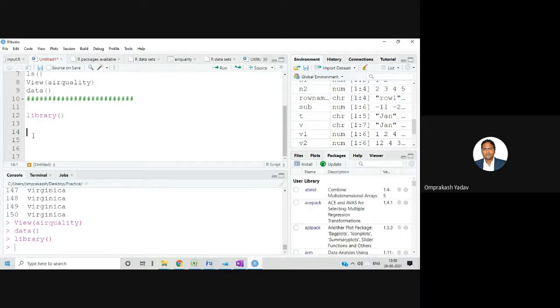I will just say like this, library plier. All of you just say like this, library plier. So I want to have the functionalities which are available in this plier package, I want to use in our program. And if this library is already there, then this particular plier library will be loaded in our current program. If it's not there, then it will give us the error. So for most of you, for me, it will load.